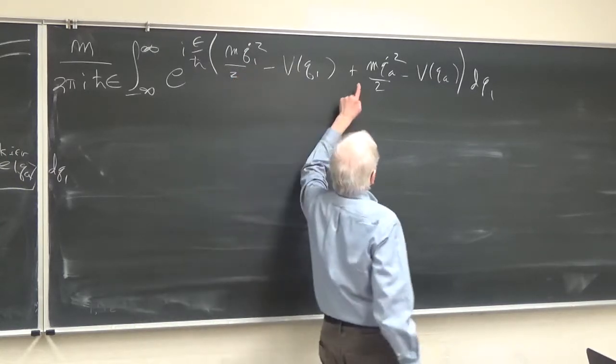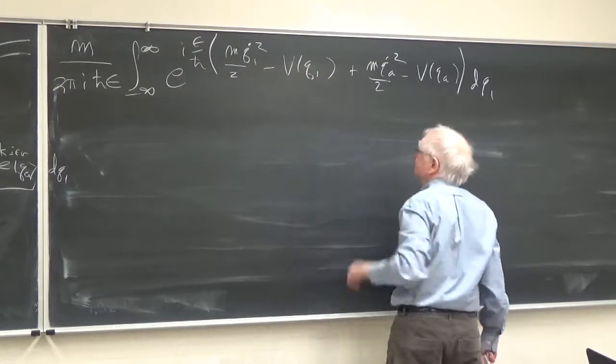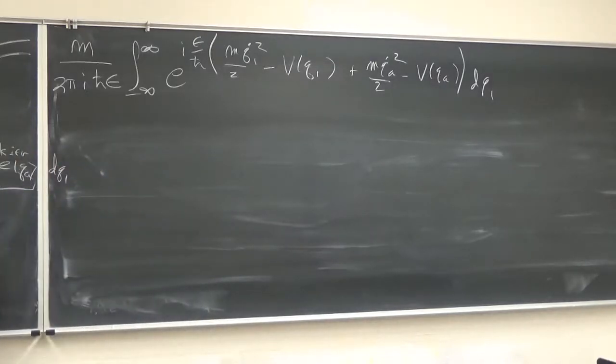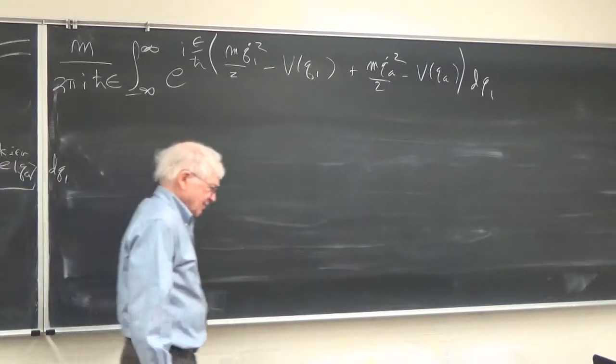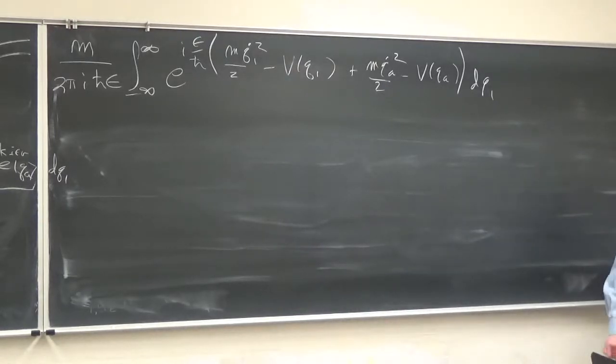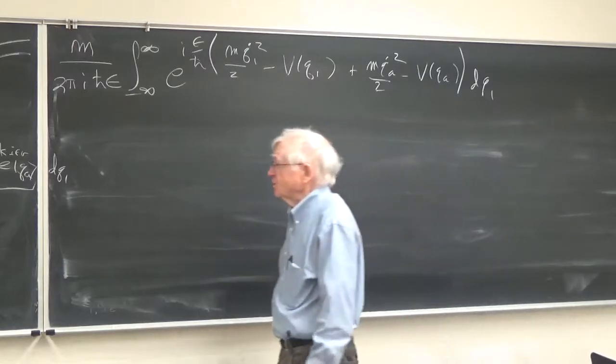So this dq1 that we're integrating over occurs twice, and one of the places is, of course, in V of q1. But we're not going to do that integral analytically. We're just going to look at it and realize that we basically finished understanding path integrals,